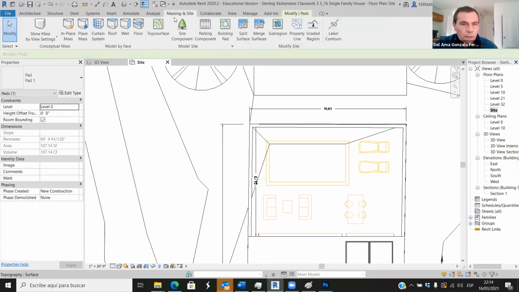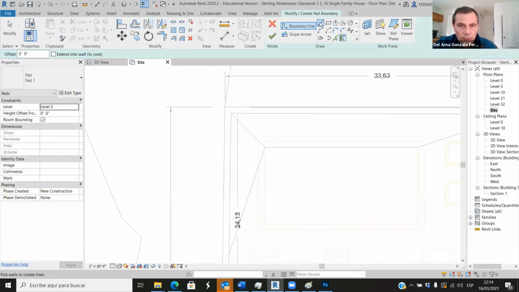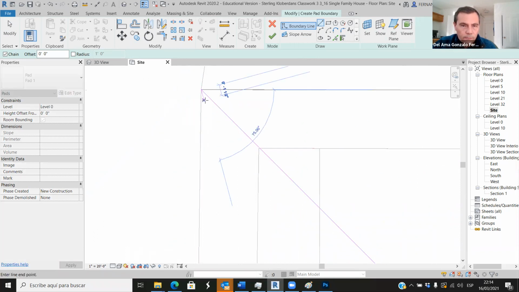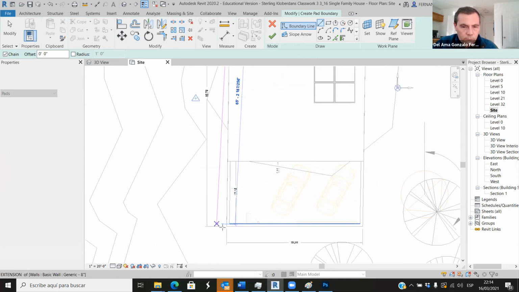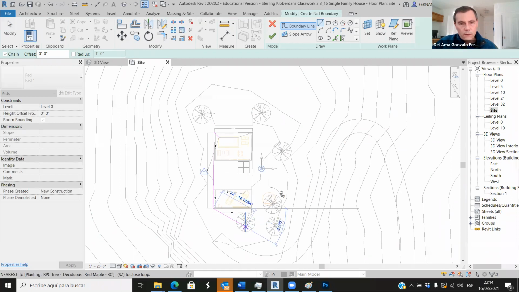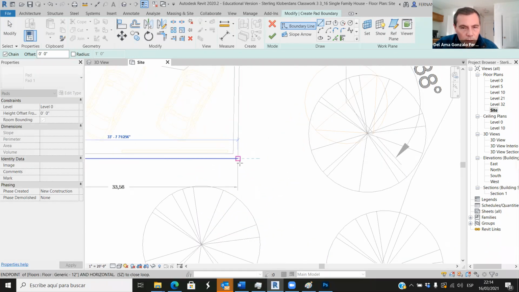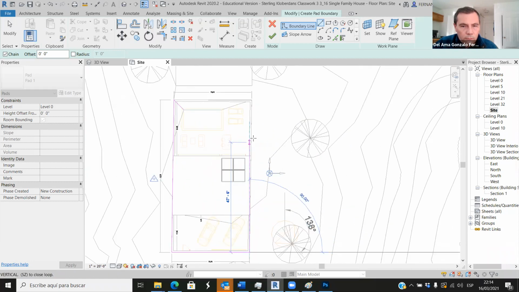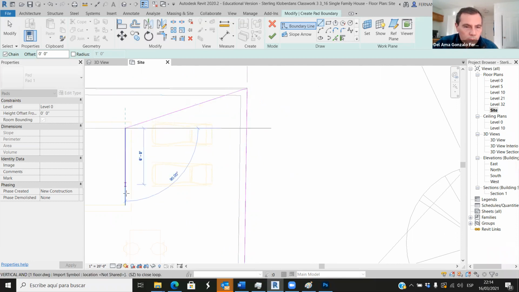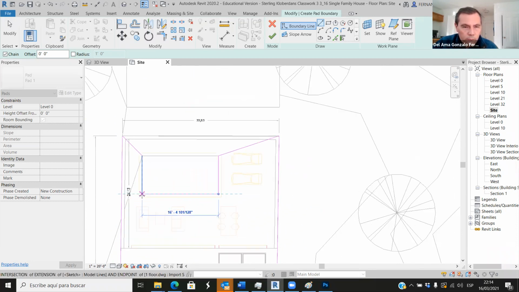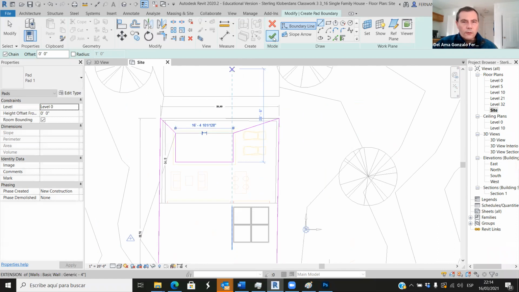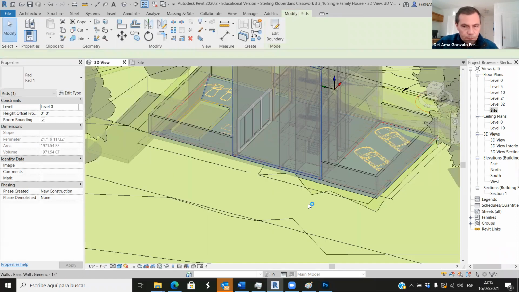The second one, another building pad. There you go. So I have two different building pads